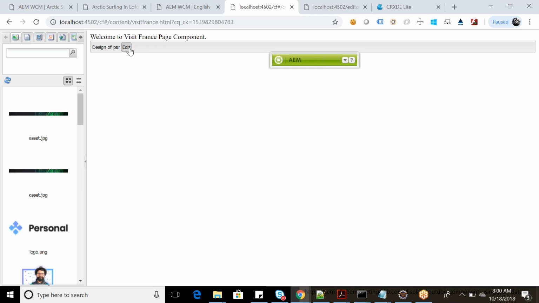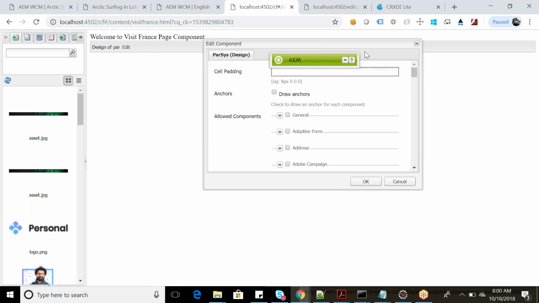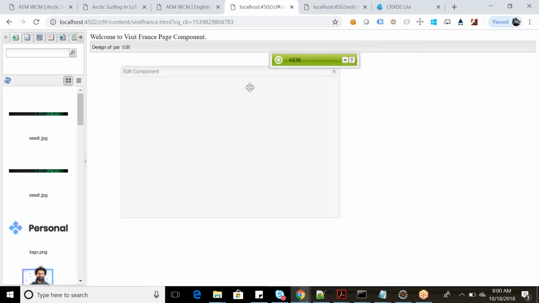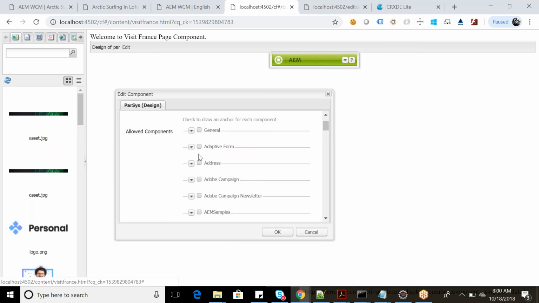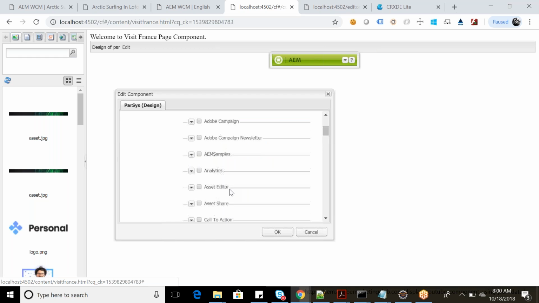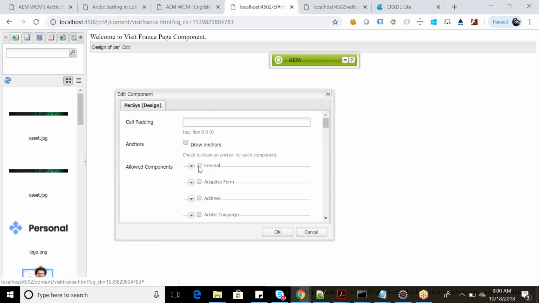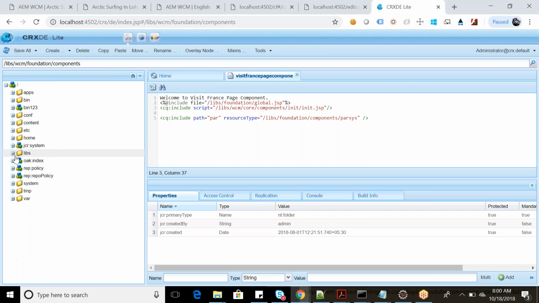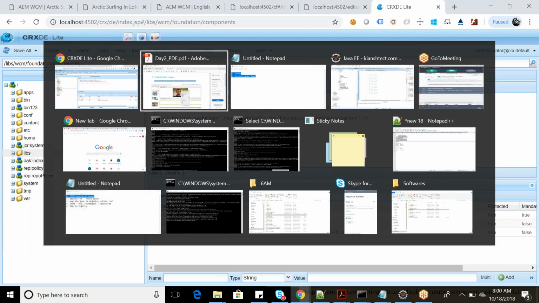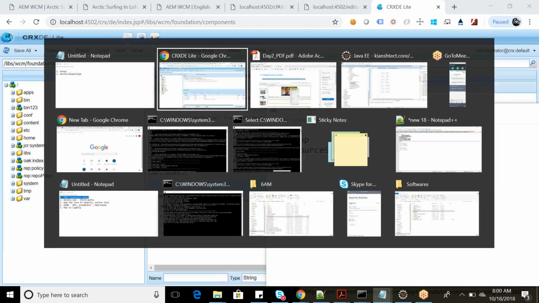Just click on this edit. Here you will see all the components. There are some categories like general, address, Adobe Campaign. So what are these? General, adaptive form, address. If you noticed, when I created my component, there was one group. So let's go to this point. Group, what is this group? Go to apps,